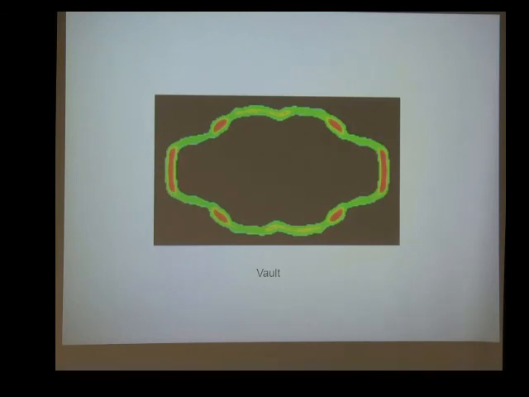Medically, there's a great interest in them, because wouldn't it be nice if we could actually take the vaults and get them to move drugs, if you will, to specific locations within the cell. Be a great delivery system for drugs, and as you can say, even for DNA. So we could